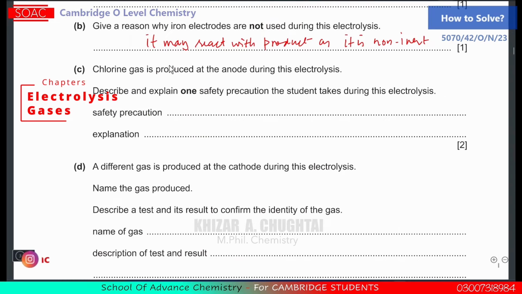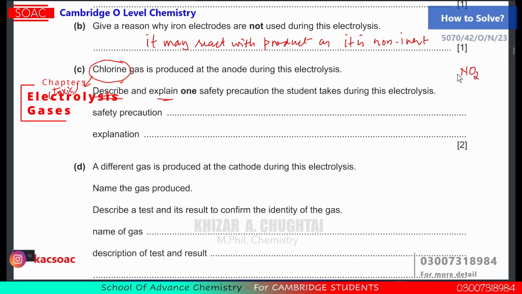Part C, chlorine gas is produced at the anode during this electrolysis. Describe and explain 1 safety precaution the student takes during this electrolysis. Number 1, what are the safety precautions? You know, the chlorine gas is basically said to be a toxic gas if it is taken in a plentiful amount. So generally, whenever you are going to talk about the safety precautions, then especially in case of nitrogen oxides, especially NO2, in case of SO2, in case of carbon monoxide, in case of Cl2, these are supposed to be toxic